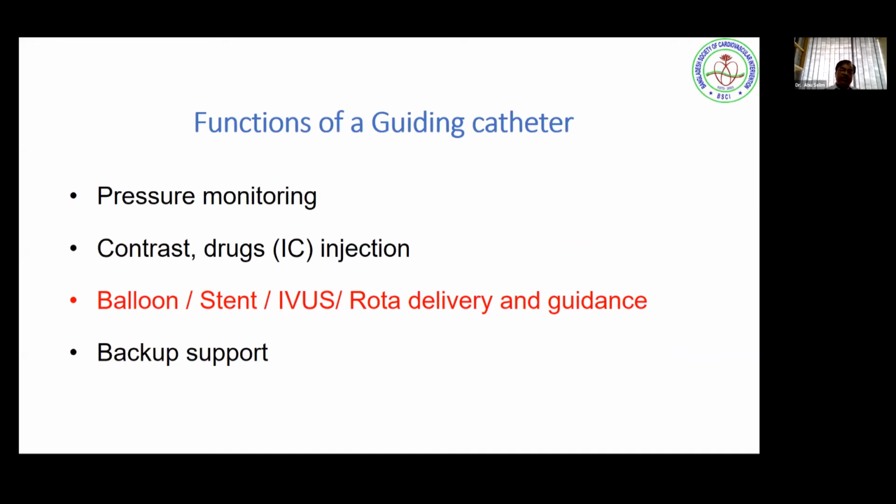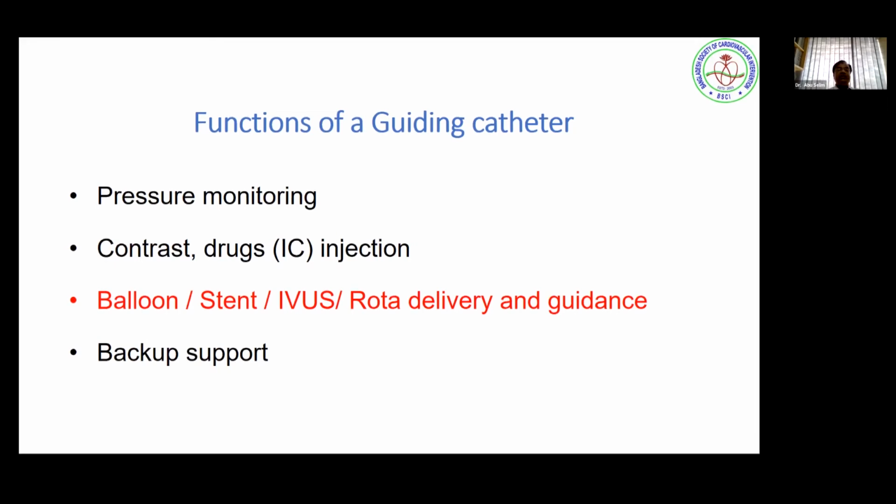Today, just in between my presentation, I would say a few words for my fellows. You are speaking so many words with your teachers in the cath lab, but you should always try to give attention to what your main operator is doing, how he is selecting, how he is choosing the different hardware. You should always try to concentrate on that. In most cases we do not concentrate. We just concentrate on the views, but our students and fellows should try to concentrate on their primary operators.